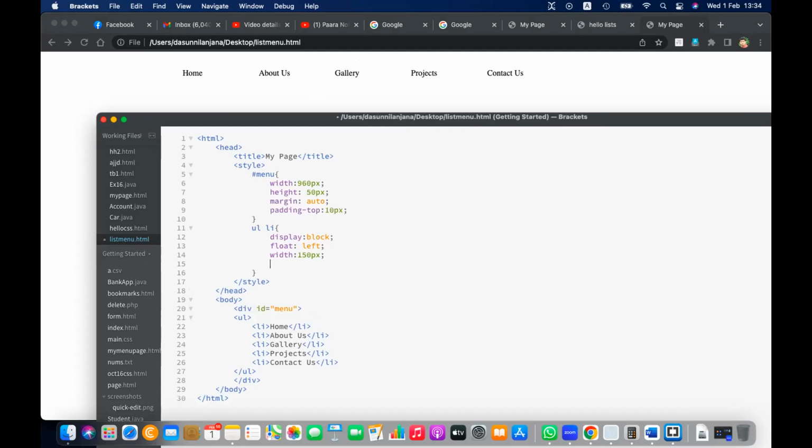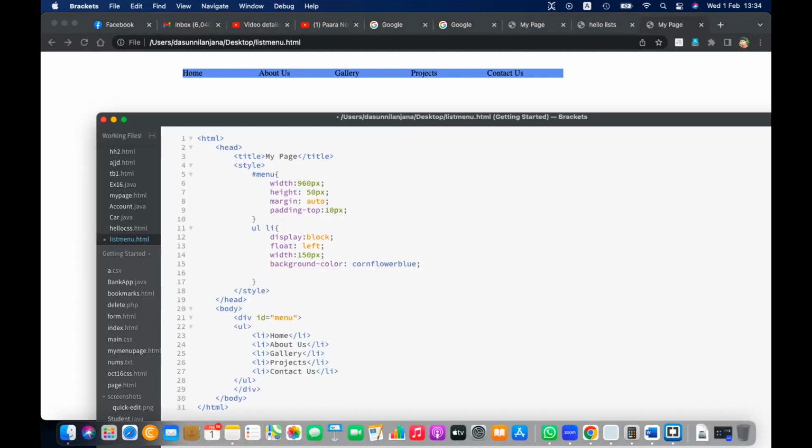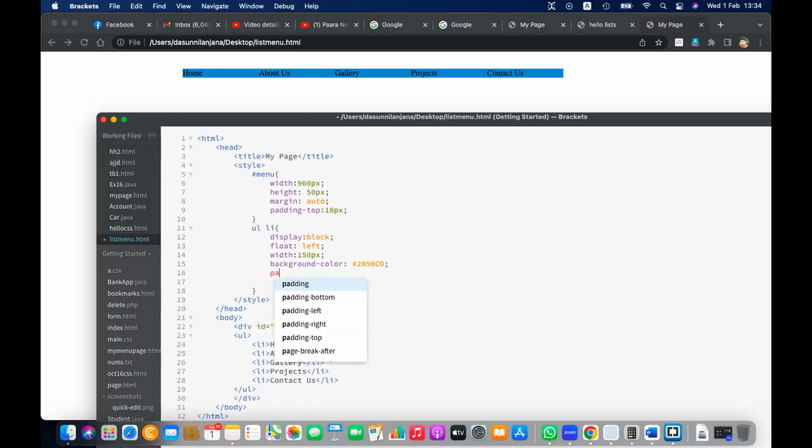I'm going to add the background color for each. Background color. I can select from this, so even. Okay. And then I can write the color code: red, green, blue. Easy to write the color code. Reduce the red. Okay. Then padding,